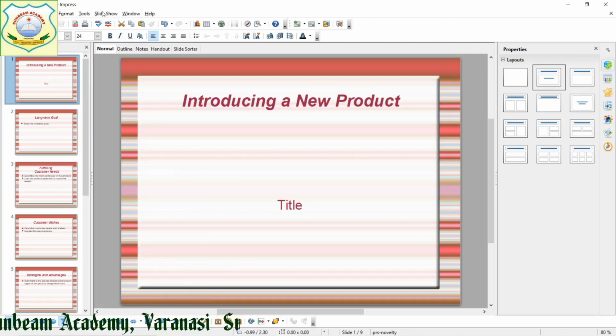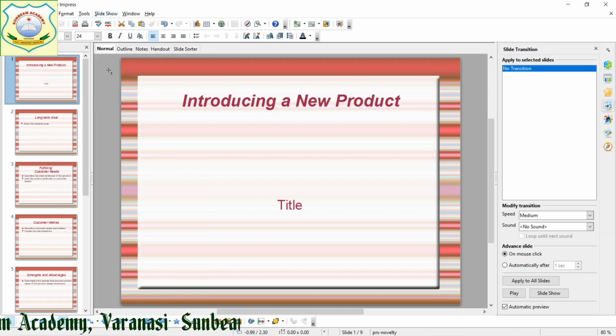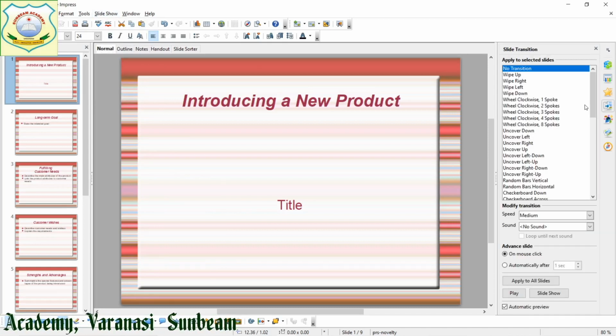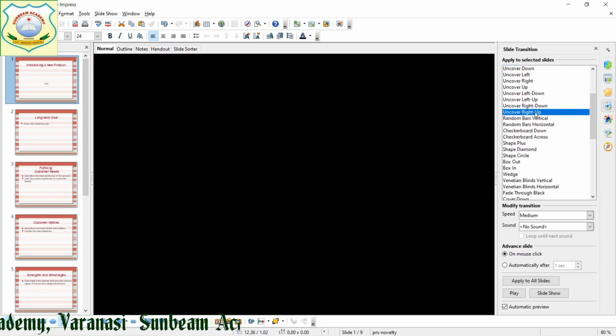So we will move towards slideshow. Here you are seeing slide transition. Click on this one. Now here are so many ways in which your slide is going to come onto your screen.